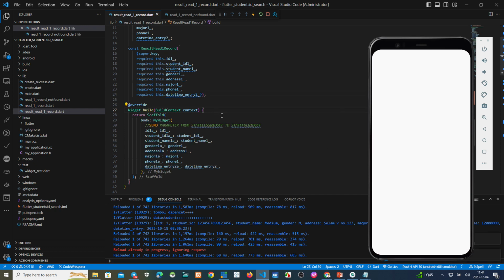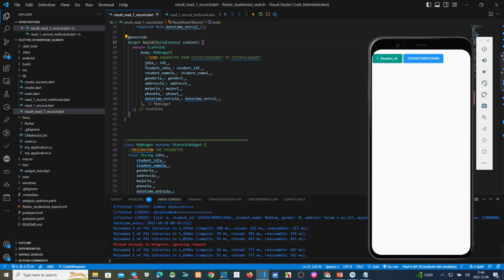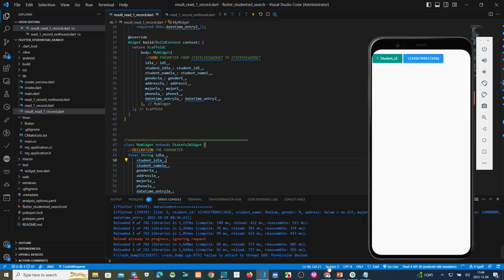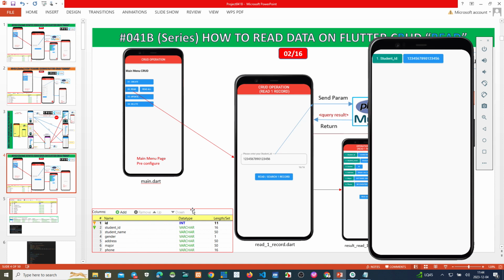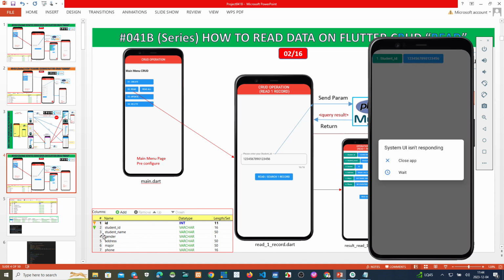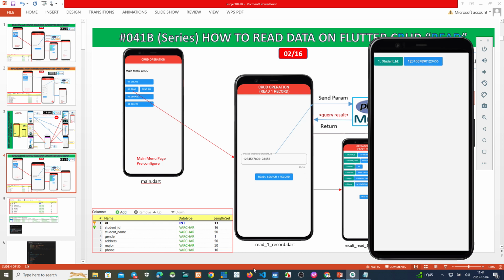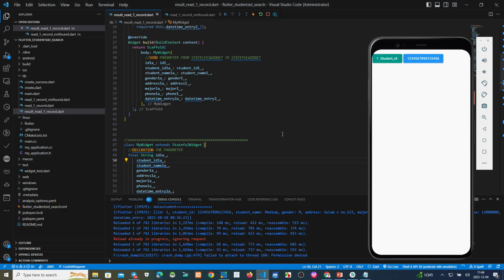Okay, this parameter. ID 1A underscore. Student ID 1A underscore. Okay, this one, we have this. Same like this, we copy. After student ID and then student name, yeah. Same like this, copy like this, student ID.